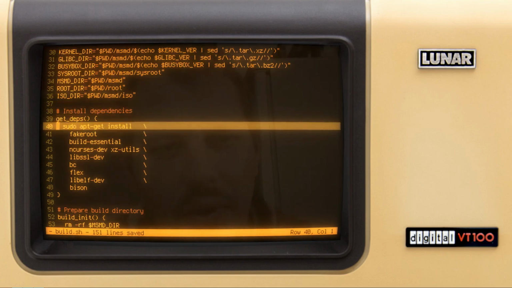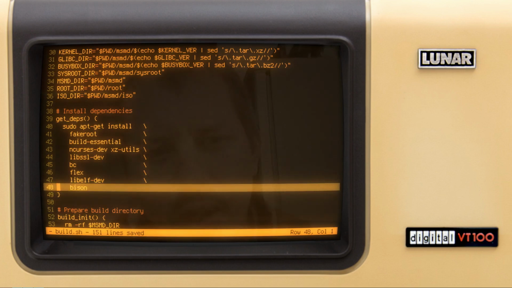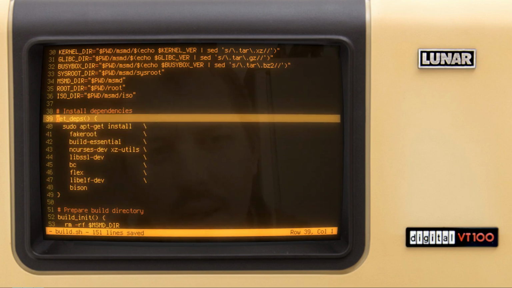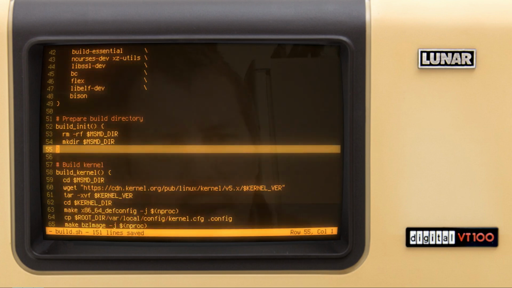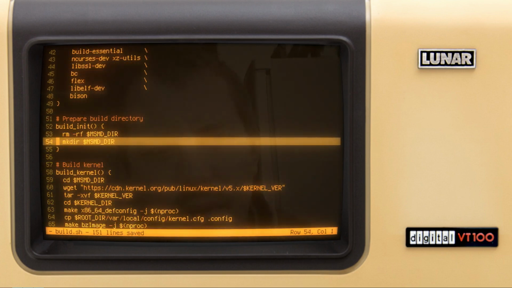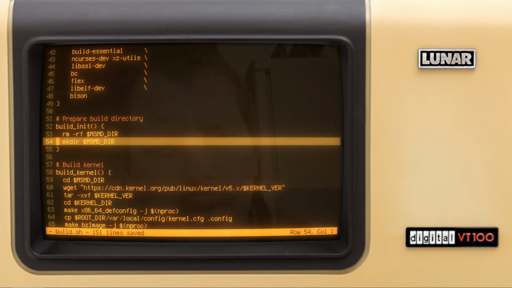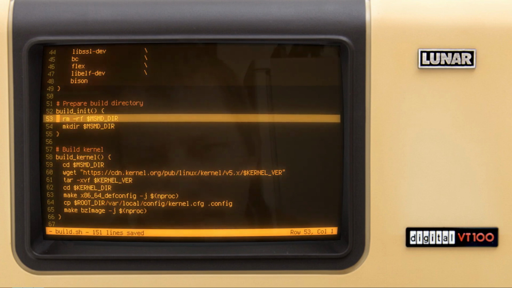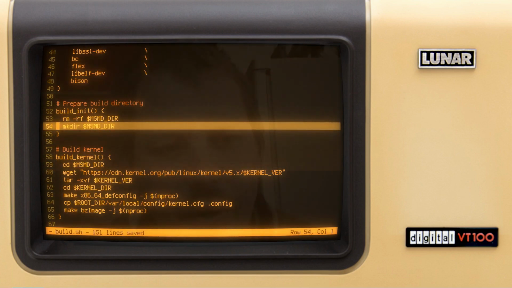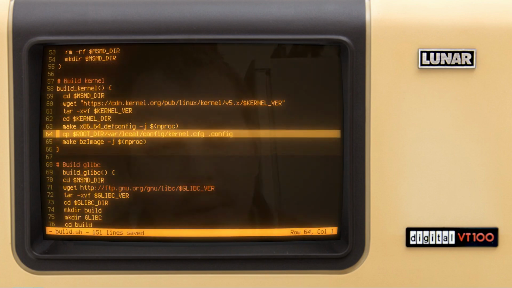Anyway, then we just have a few functions. The first function is to get the dependencies, just to have the toolchain capable of building the Linux kernel, glibc, and BusyBox. Build init just deletes the monkey see monkey do directory that we've just seen and creates a new one. If it's not there, nothing happens, it just creates the new one. Once the monkey see monkey do working directory has been created, the rest of the functions make use of it